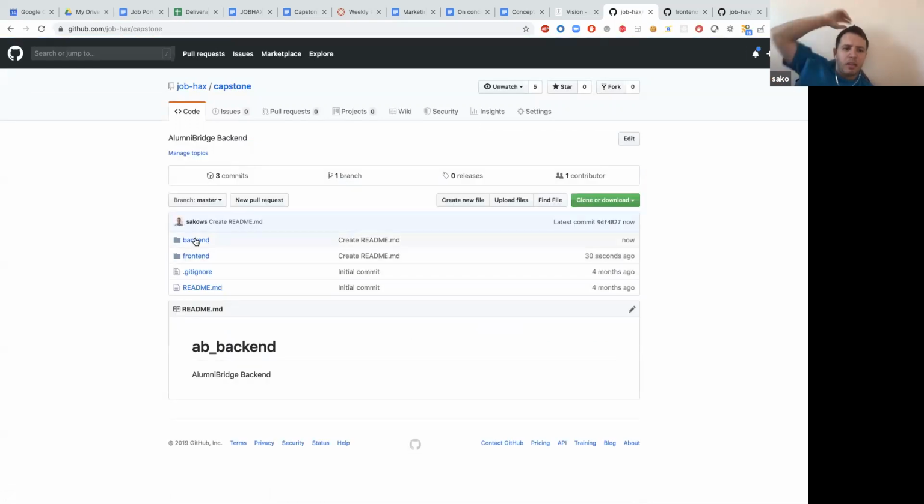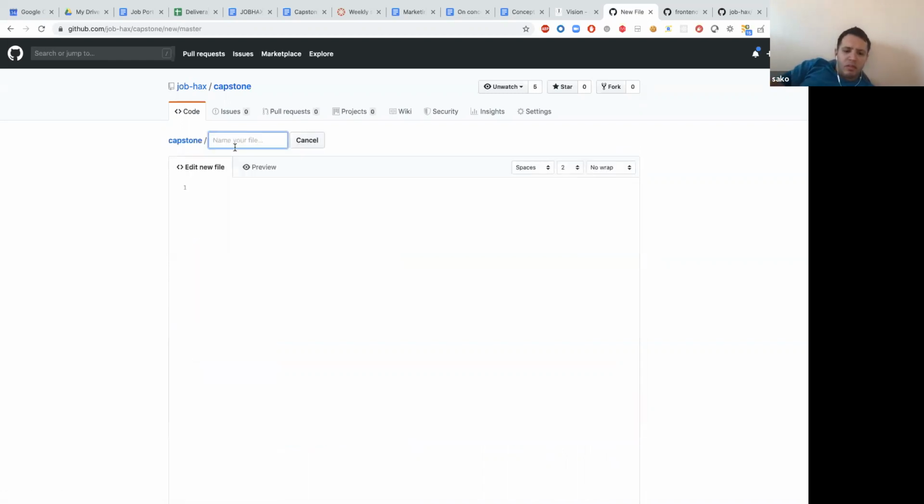So we have the backend, we have the front end. We can also do a separate backend, guys. What do you think? We can reuse some of that, but do we want to do it? Maybe create a new DevOps folder too. What should we call it?